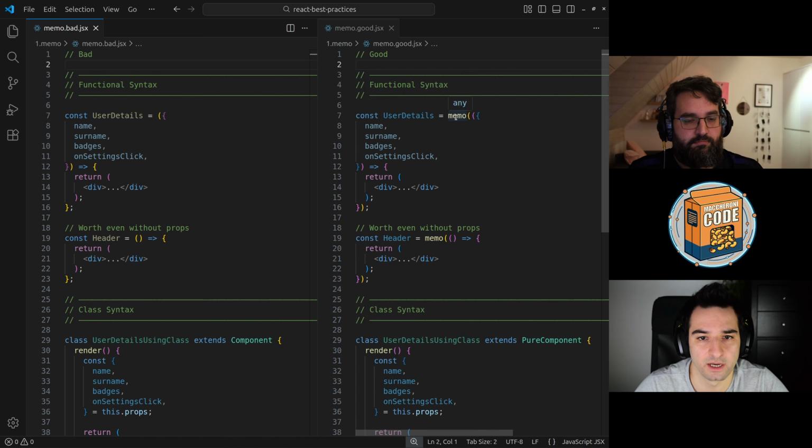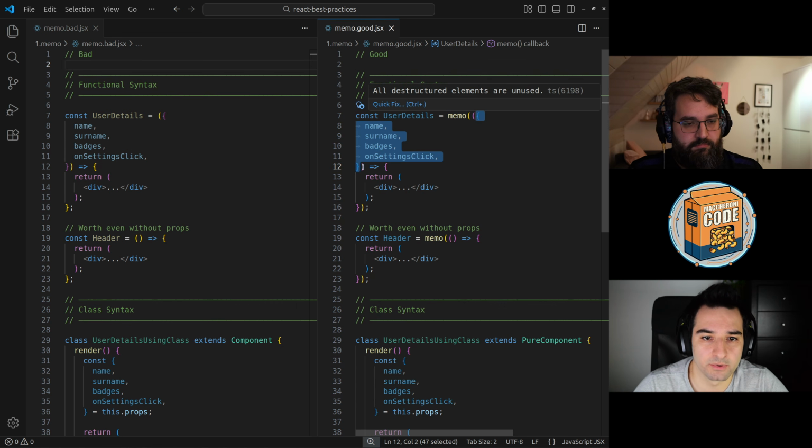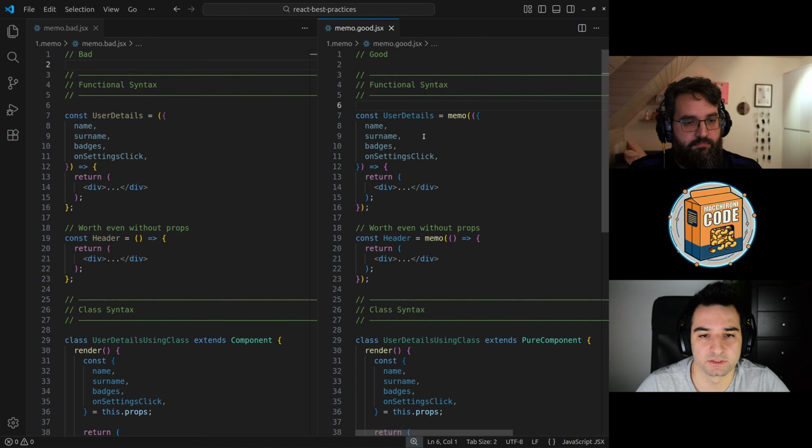That is a HOC, a higher order component, that wraps around the function component and does a comparison of all the props that you pass to a component. If the props haven't changed from one render to another, it uses the old version that was rendered, without new computation and so on. If you don't have props, this is more effective because it has nothing to compare.